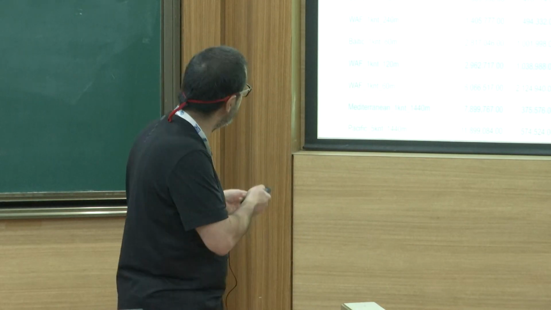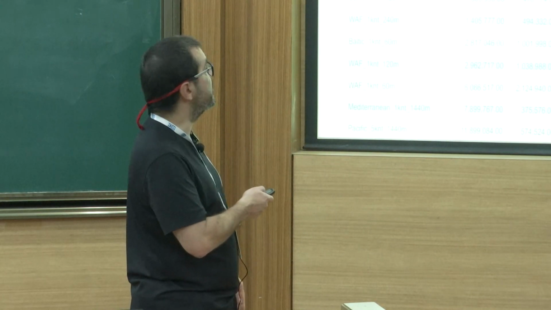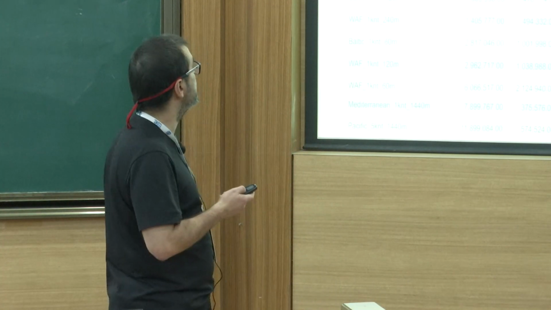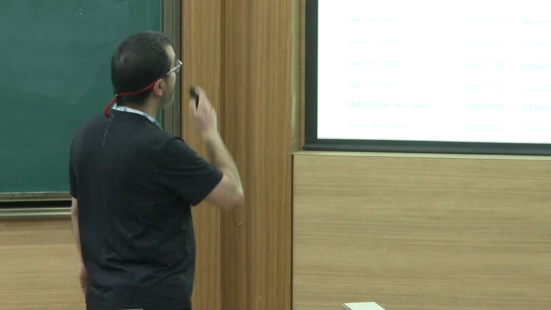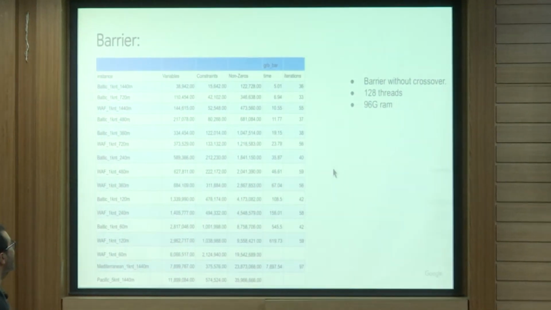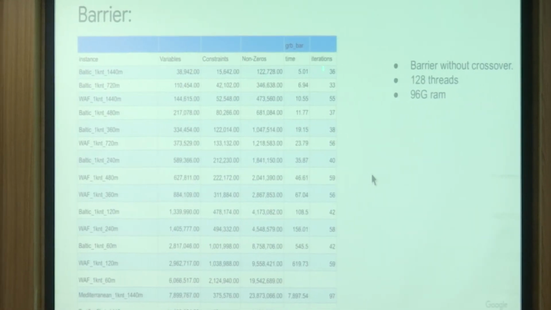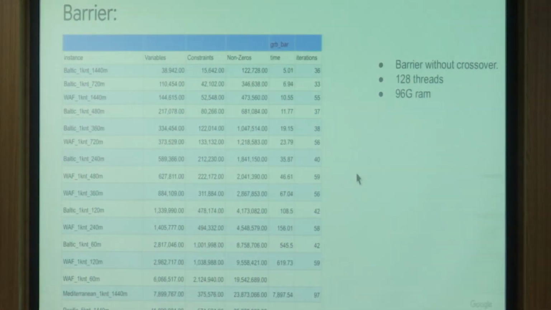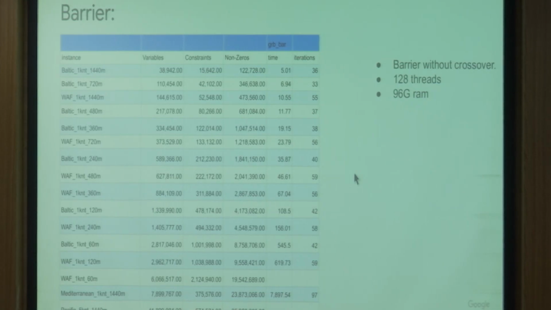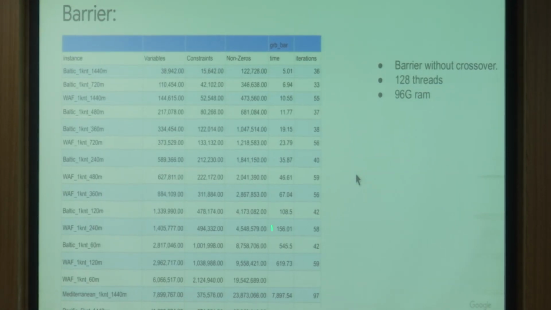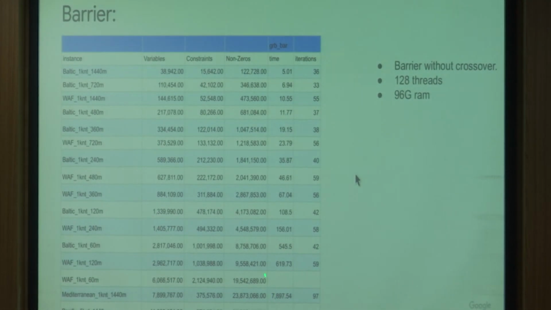Gurobi and all the solvers are tuned for what we've seen in the standard instances, and in this instance, because the network structure is so much bigger, it just dies. No way to get anywhere close to where we want. Gurobi on barrier is much better, much better. You still see this very nice low number of iterations. They're expensive, but very few iterations. But time starts to be an issue, but not only time, actually also memory.